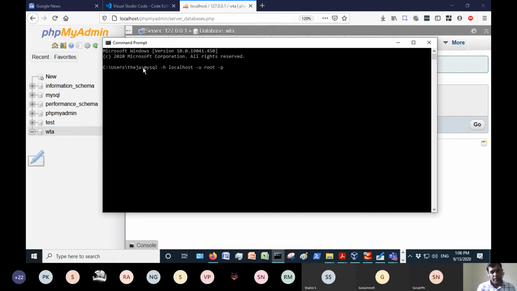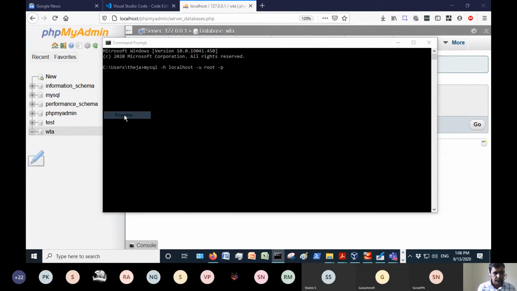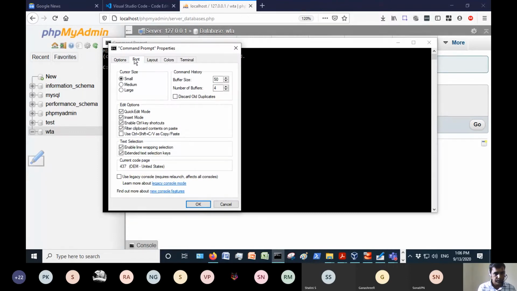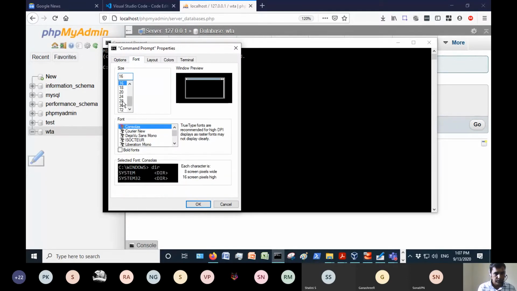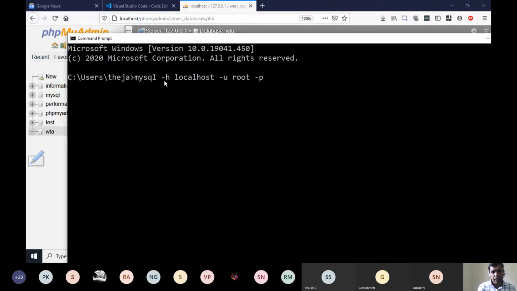I don't know how many of you are able to see it. Let me slightly enlarge the font size so that you can easily see it. The -h option is for host name; the host name is localhost. -u is for username, the root user on my MySQL server, which I'm connecting to.